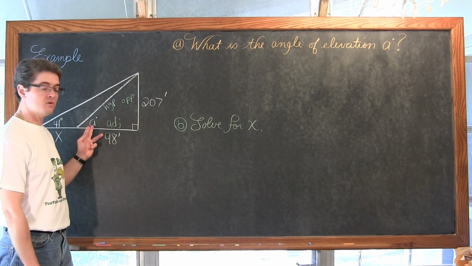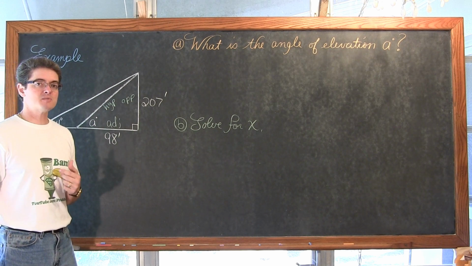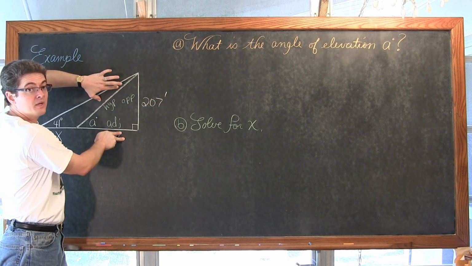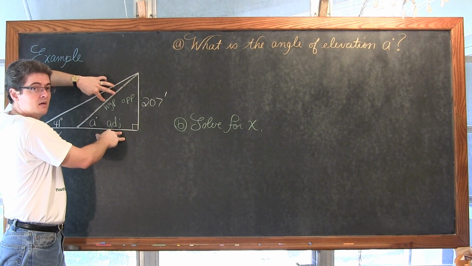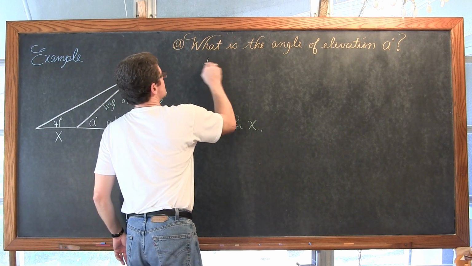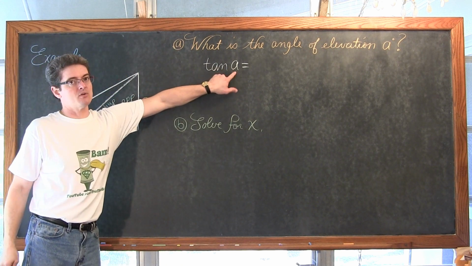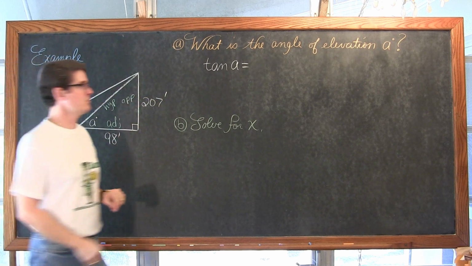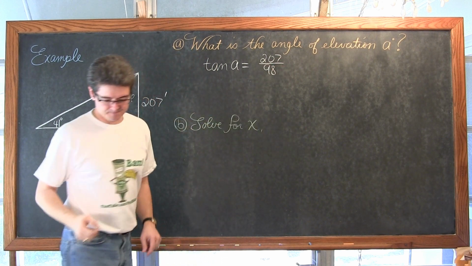So I'm going to use a tangent function to find angle A because of the two sides that I have in this particular triangle. If I gave you this length of 207 and this length up here, where you had the opposite and the hypotenuse, then you'd be using the sine function, because the sine of an angle is opposite over hypotenuse. But we have opposite and adjacent, so the tangent of A is equal to, remember you put an angle measure into a trig function and you get out the sides of a triangle, opposite over adjacent, which is 207 over 98.